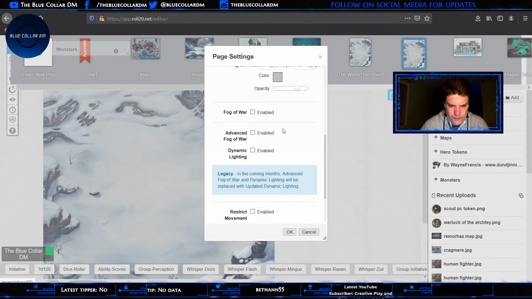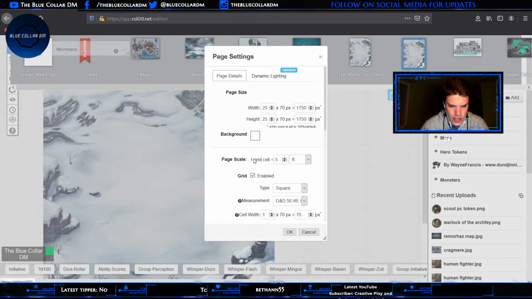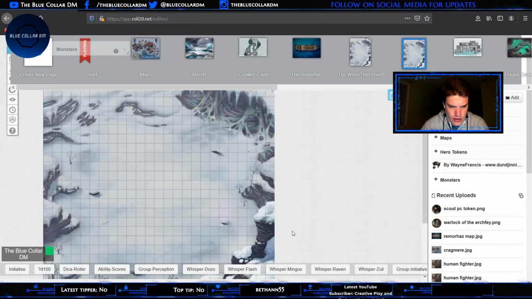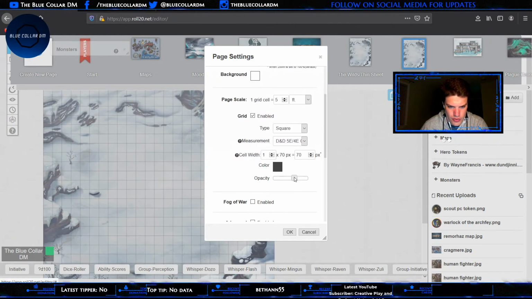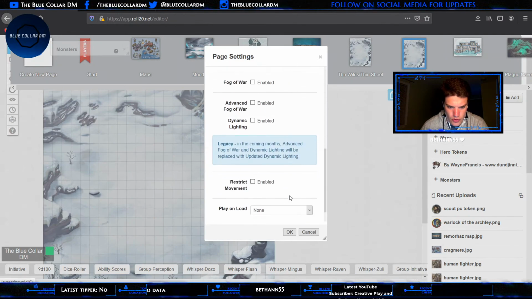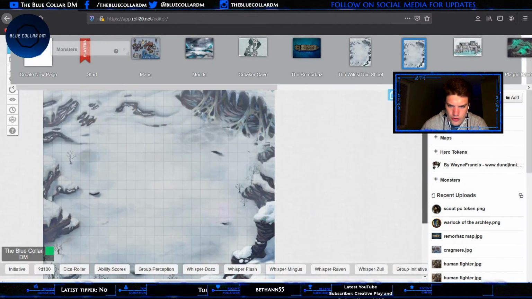Do a little bit more, just for my player characters to not have to worry about it. And I think I'm going to change the color. It's a little light. That's a little too dark. But we'll bring the opacity down again. Maybe a little more. Alright. I will enable Fog of War, I think, on this map, because I'm going to put in that